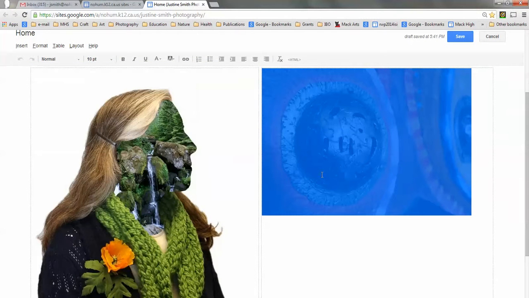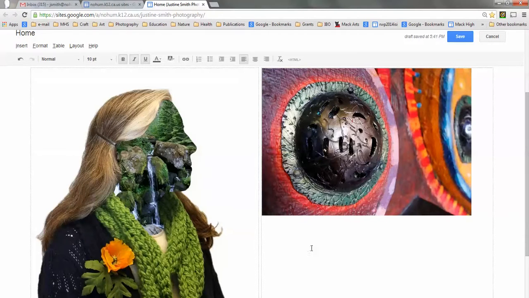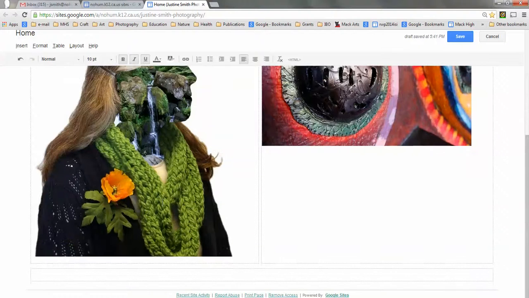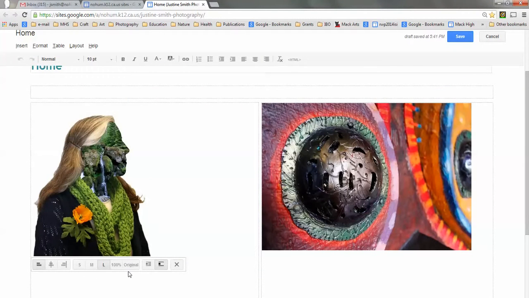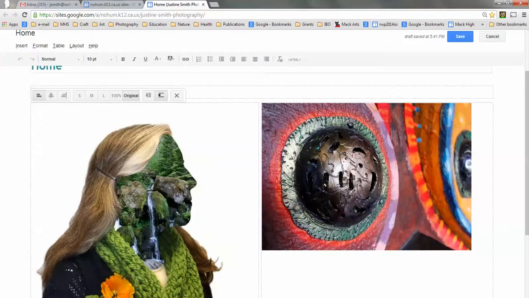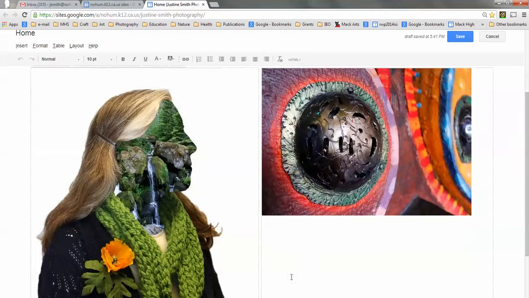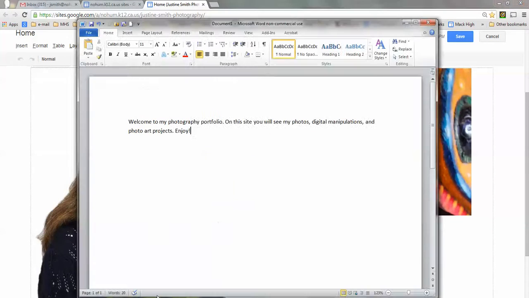Because I want my face looking into the web page. I don't want it looking off the side. So I think it looks better like that. Now, is that the size I want it? Let's try large. I think I like it original, so I'll put it there. The other thing that I did was in Word, I just prepared this little snippet of text that says welcome to my photo page, etc., etc. So I'm going to copy that